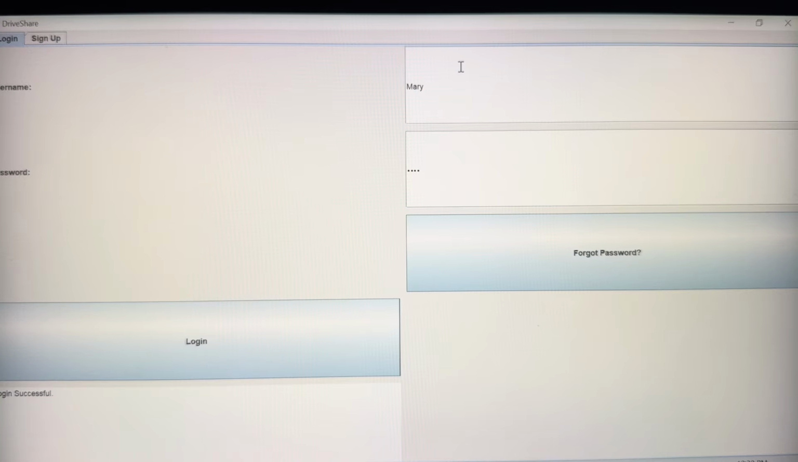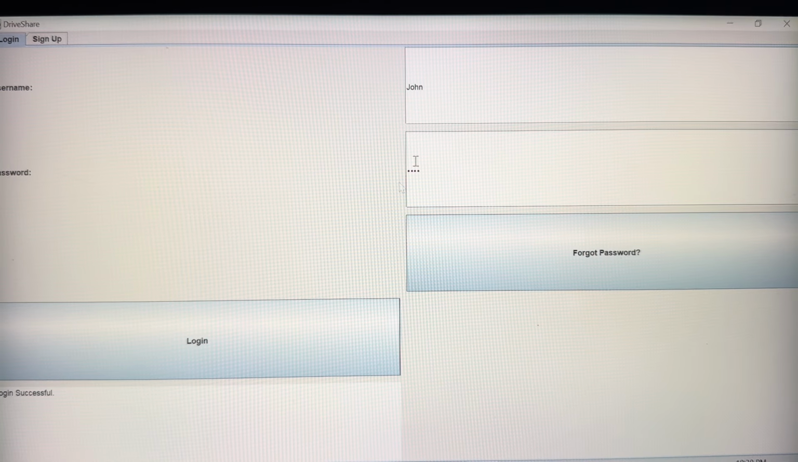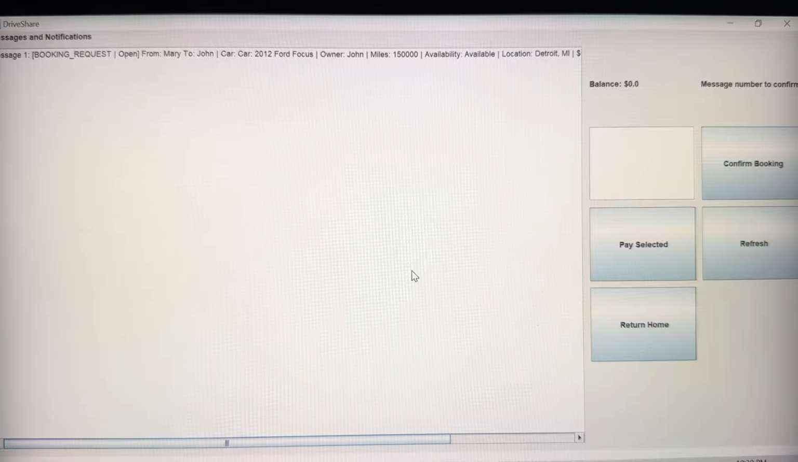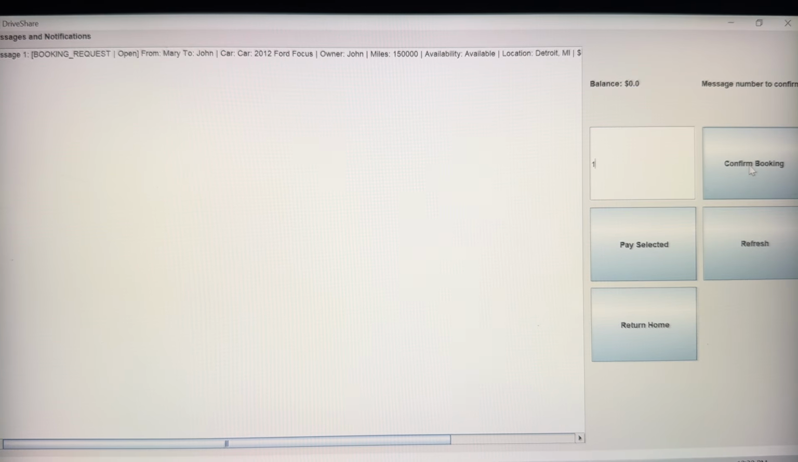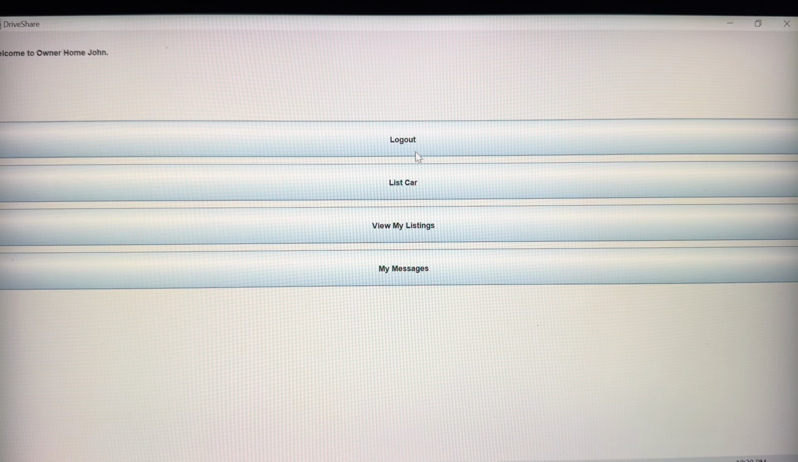So now we have to wait for John to log back in and confirm. So he says, okay, from Mary to John, she is wanting to book this car. So, okay, message 1 here, he confirms, and it says right there, the request is confirmed. So we return home and log back out,